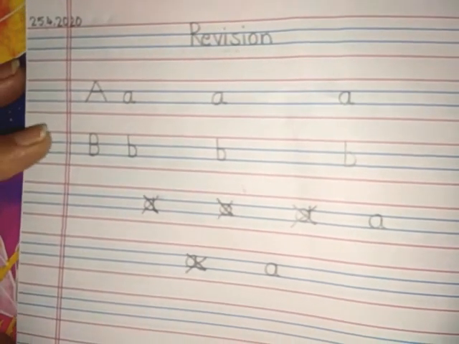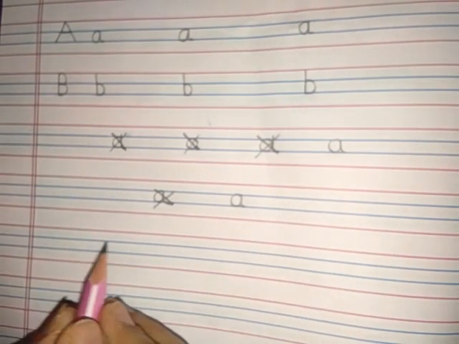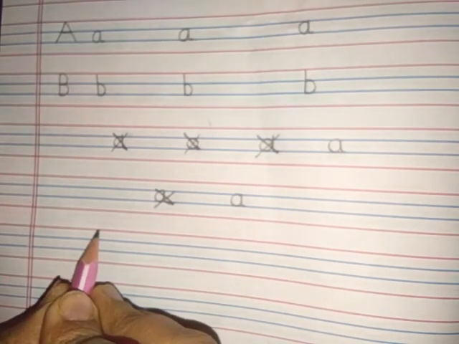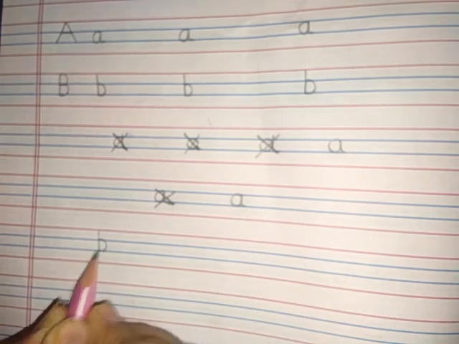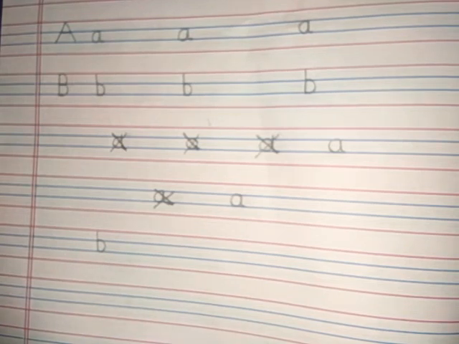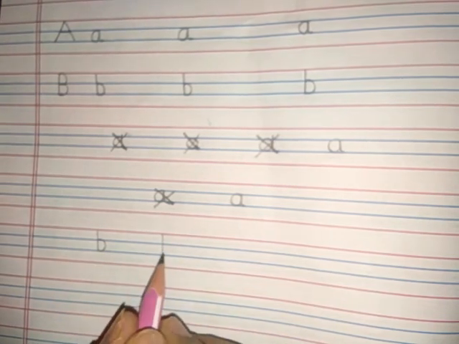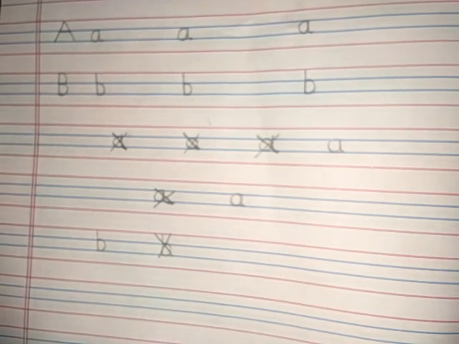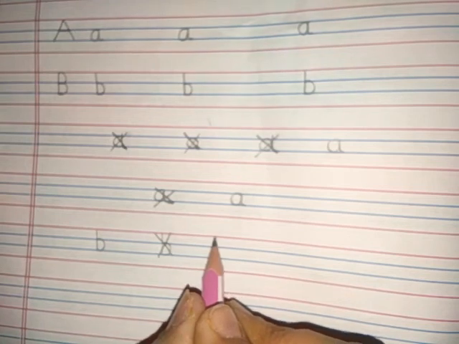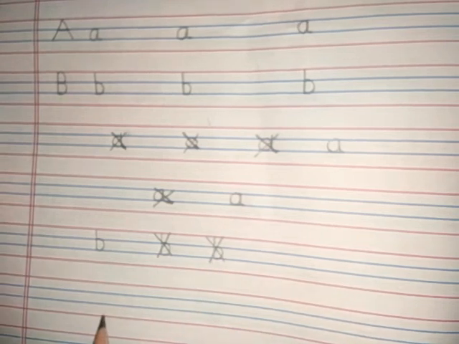And how will you write small letter B now? See here. Standing line from red line to blue line. Then go back to the first blue line and then make a curve here. This is the correct way of writing small b, yes or no? Yes, but few of you have written like this. Made one standing line, then lifted your pencil and made this curve here. This is wrong. Then few of you have written a standing line, then made a curve like this. This is also wrong. You have to go back and then make the curve.